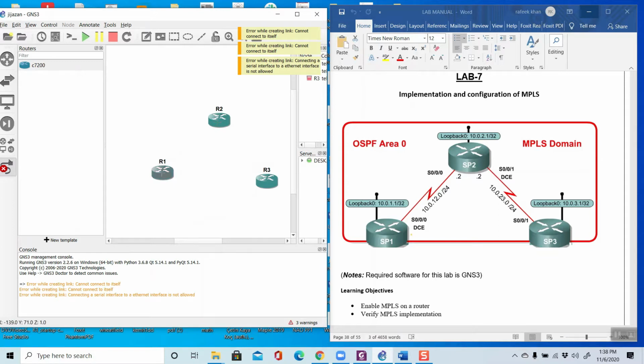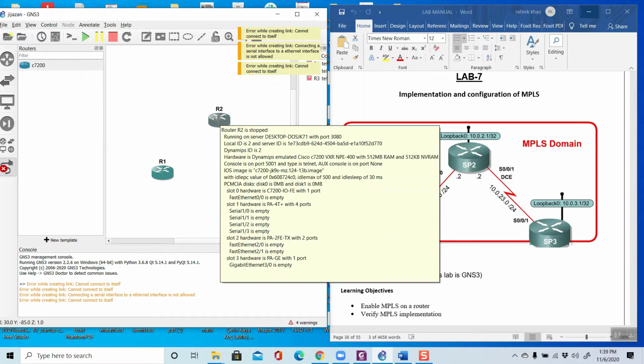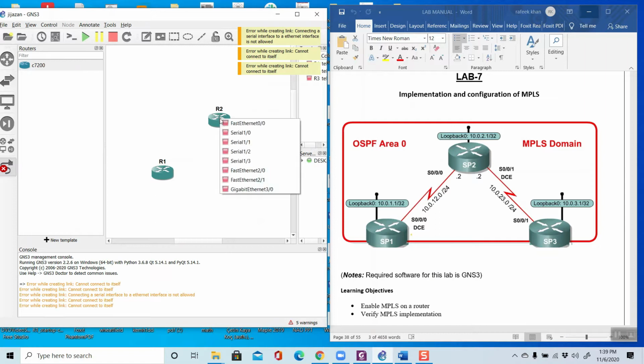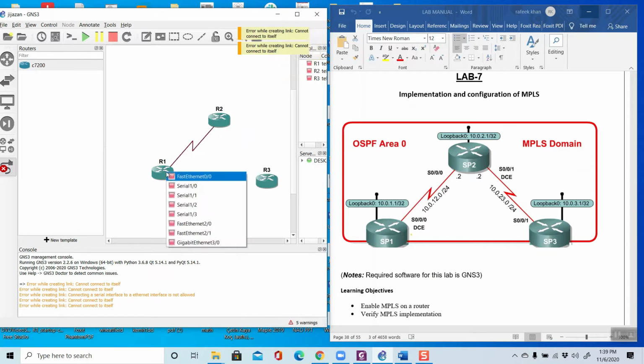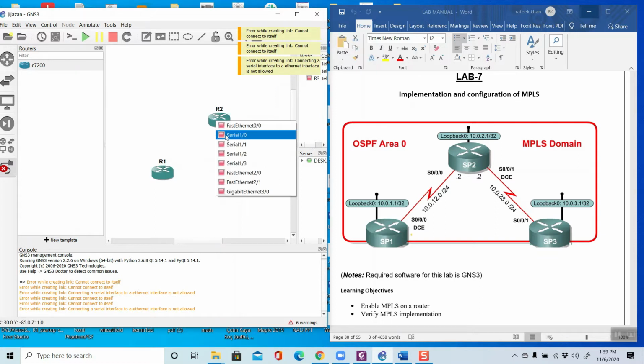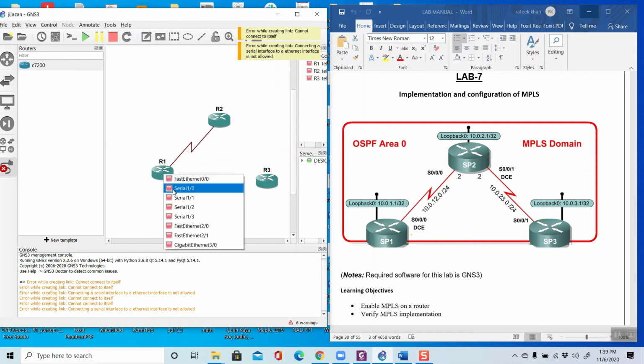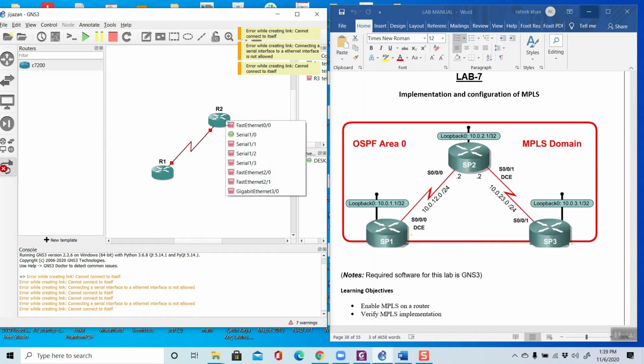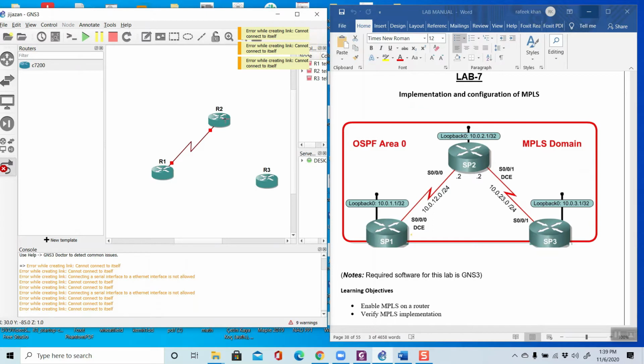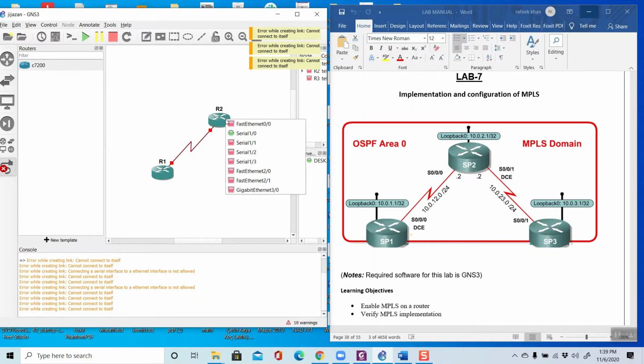Serial 1 0, then 1, take 1 and 1 0. Okay, now this is happening because in my computer there is a mouse problem, so it is not very easy to make the connection.